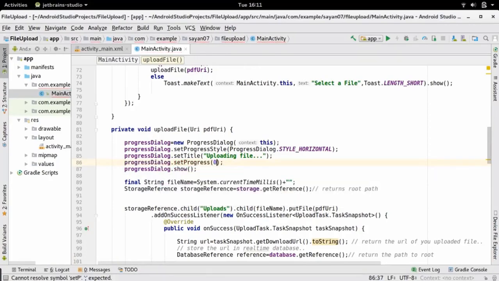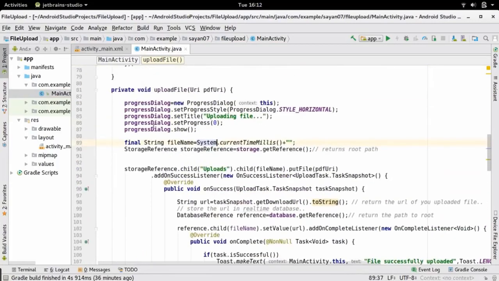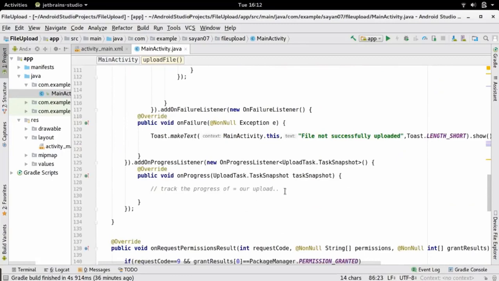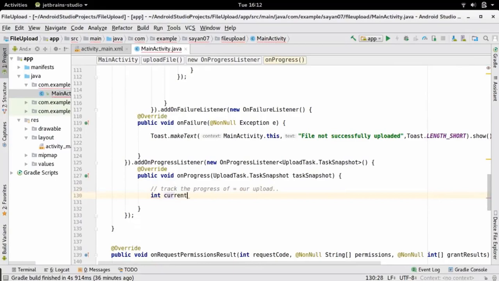Okay, so we are done, and now we are going to update values for this progress dialog within this on progress listener method. First we are going to retrieve the current progress. To retrieve the current progress, we are going to use this task snapshot object once more.